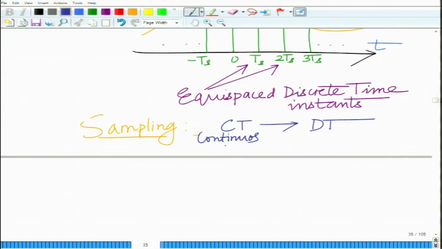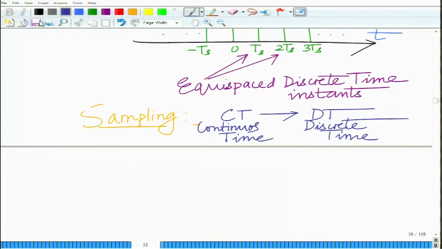This is what sampling does. You have a continuous time signal, convert it into a discrete time signal by extracting samples at equispaced instants or equispaced intervals of time, and this